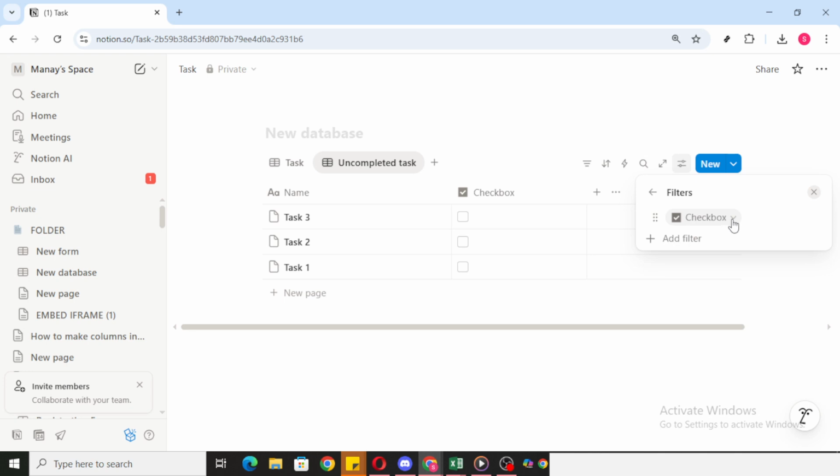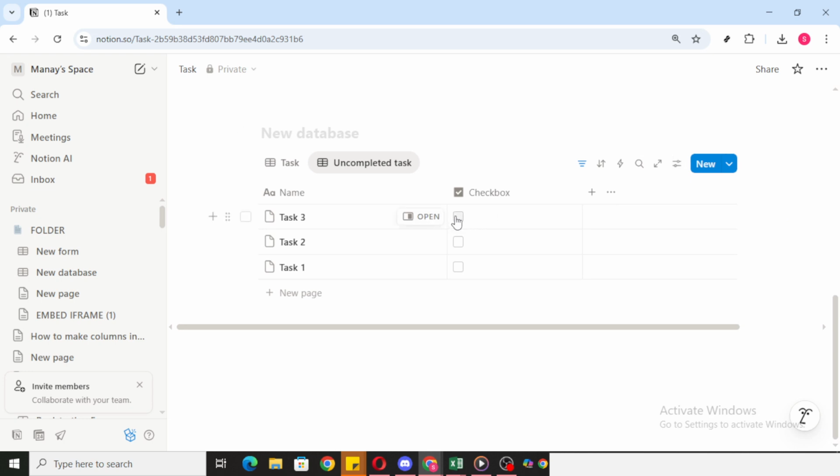Now let's see it in action. Return to your table and check the box for any task you've finished. As soon as it's checked, that item will no longer appear in the Uncompleted Tasks view. Switch back to the Uncompleted Tasks view and you'll see only the tasks that remain unchecked, keeping your to-do list